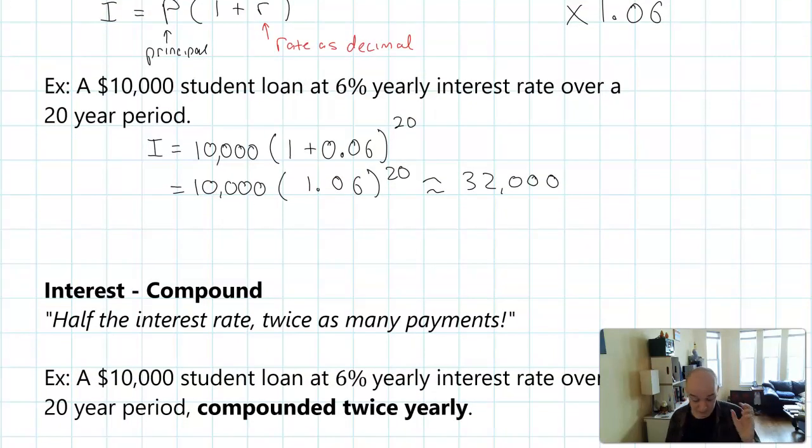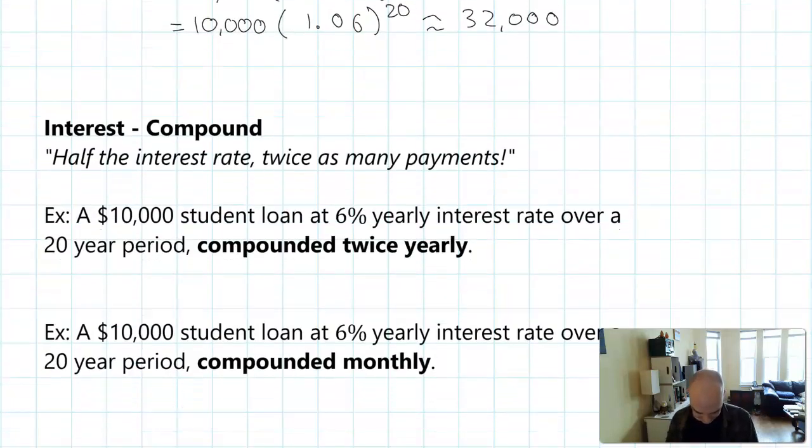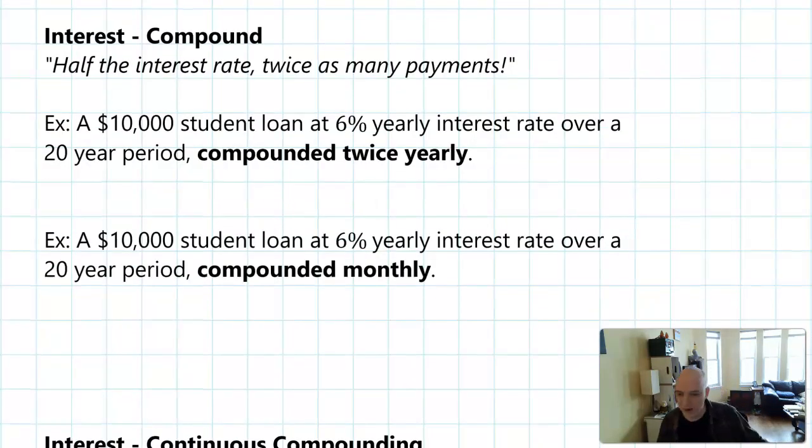Most loans or investments or whatever do not calculate interest this way. Instead, they do something called compound interest. And I've written half the interest rate, twice as many payments, not because folks will calculate it that way, but that sort of encapsulates the idea. Basically, if you took out this loan and you wanted to pay it back in the simple